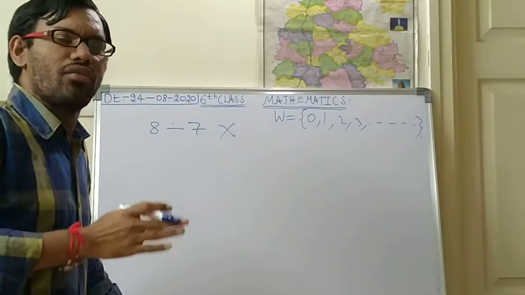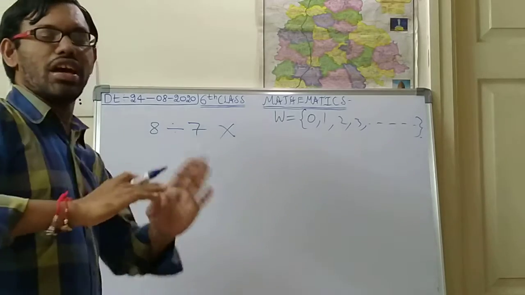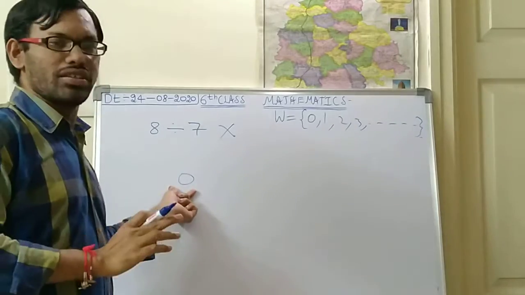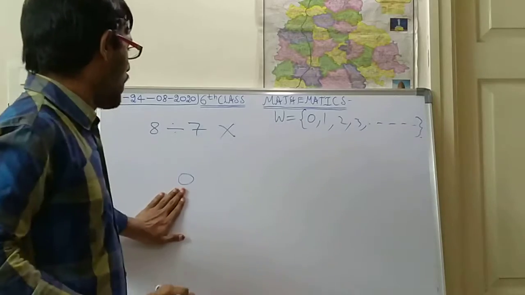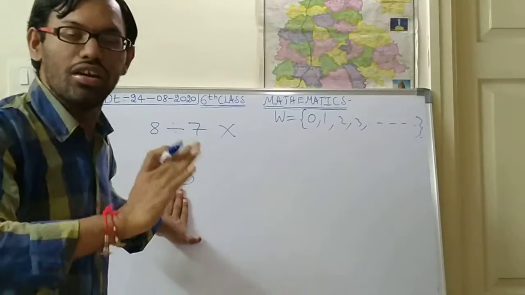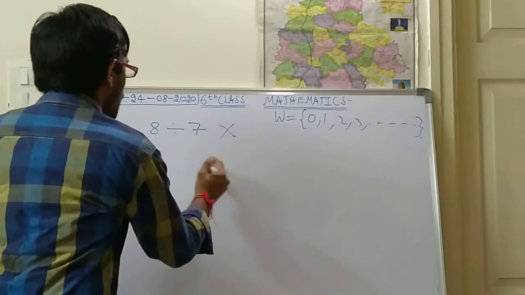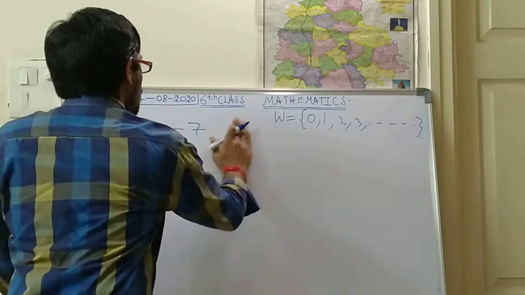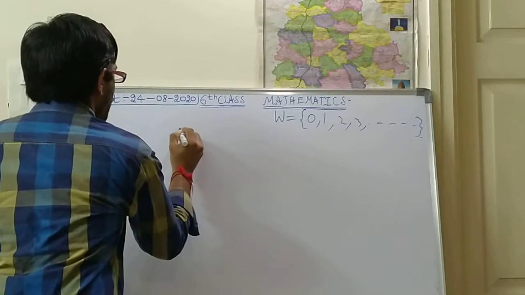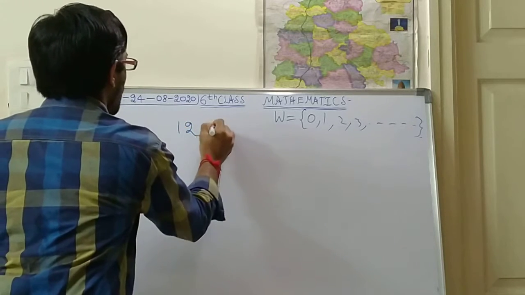For every operation we are checking with the help of 0 only. With the help of 0, whether it is satisfying or not. If we keep any a or b value as 0, then whether it is satisfying or not we have checked. But in division we have not checked. So in division, suppose you want to find the division of 12 divided by